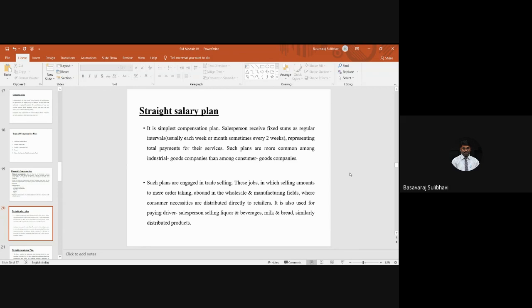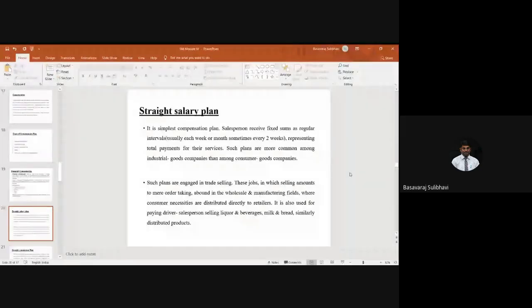Now, these are jobs in which selling amounts to mere order taking. They take an order, maybe